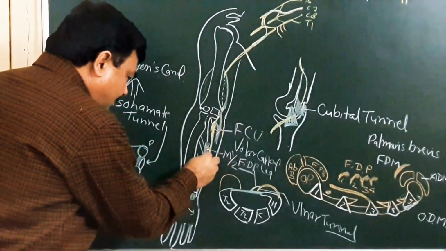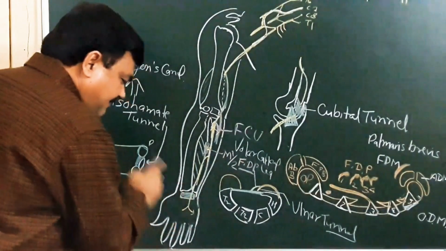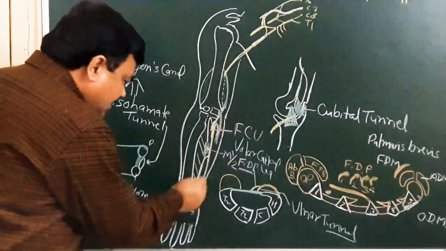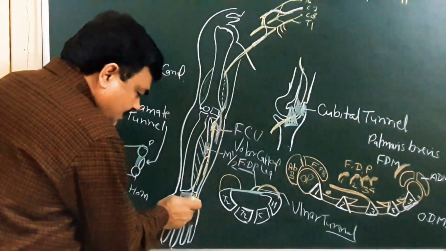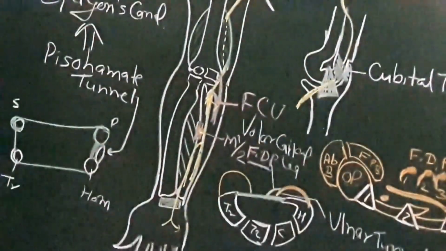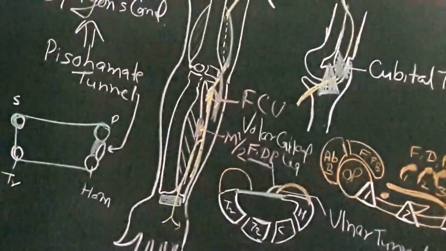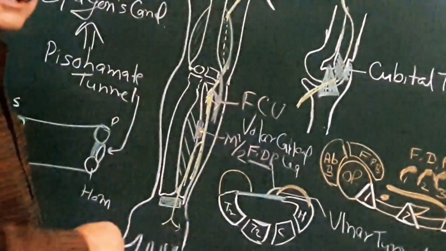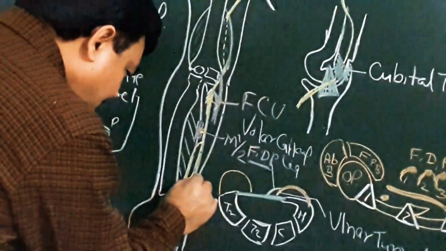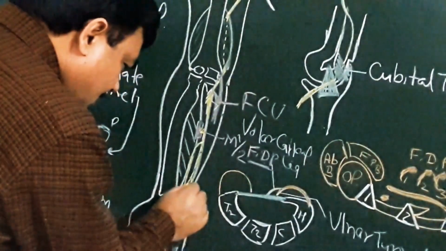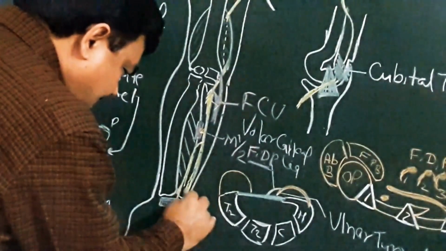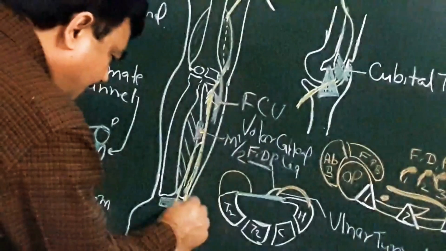This is the palmar cutaneous branch, which passes superficial to the flexor retinaculum. And about 5 centimeters proximal to the flexor retinaculum, it gives another branch, that is the dorsal digital branch. This dorsal digital branch winds around the lower part of the ulna, and from here it reaches the back side, posterior side, and it gives supply to